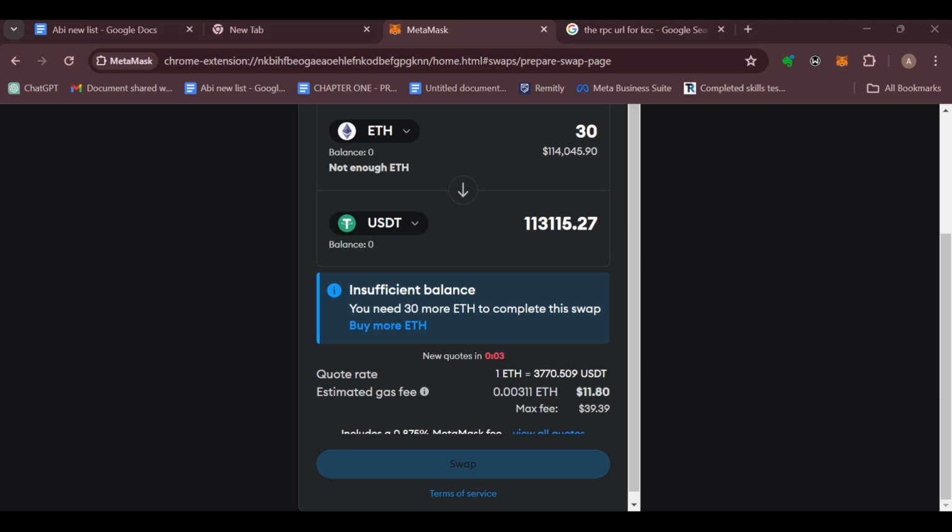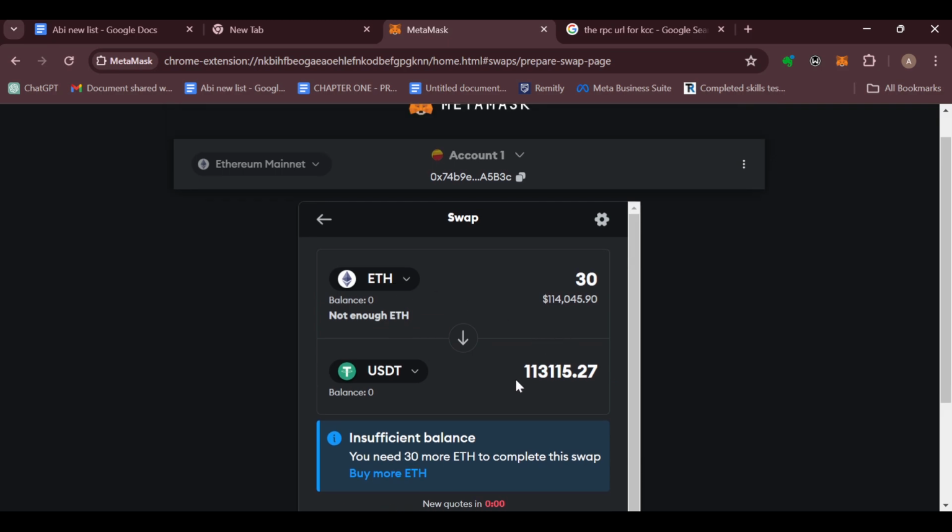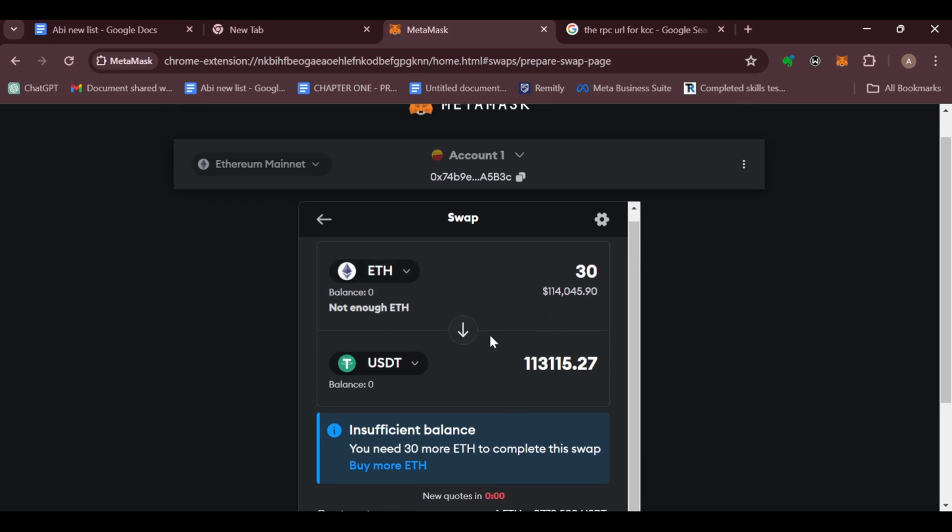So another way is by canceling the transaction. Okay, by the time you click on swap, you also see an option which is cancel. So you can cancel the transaction, then start all over again. But then you would have lost the gas fee for the first one, and then you have to pay for that gas fee. So these are the ways of speeding up your